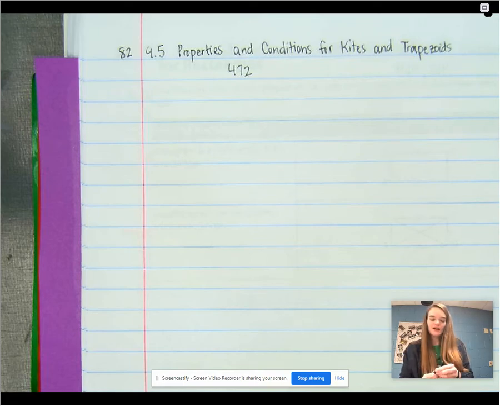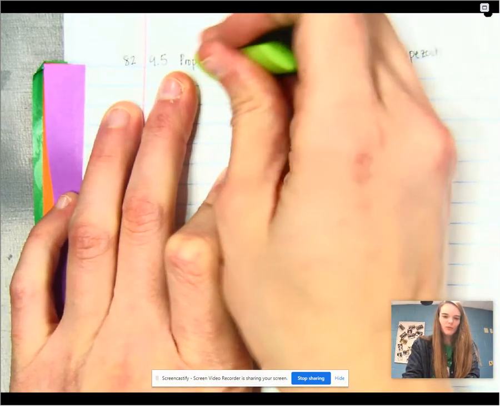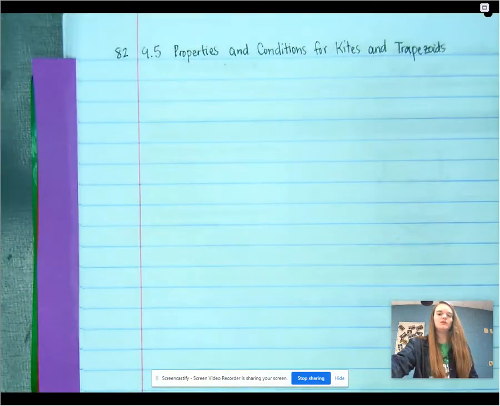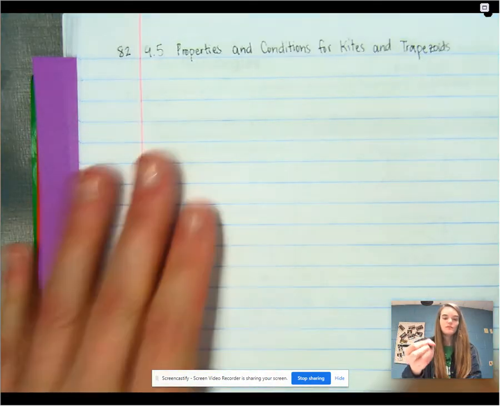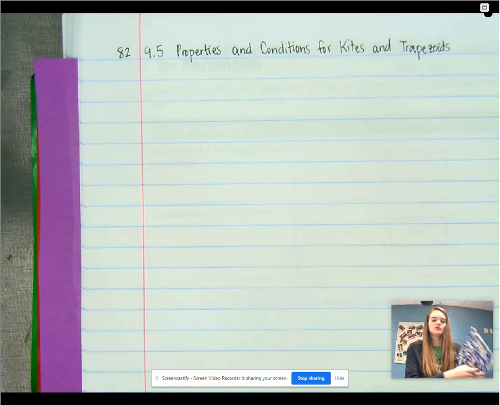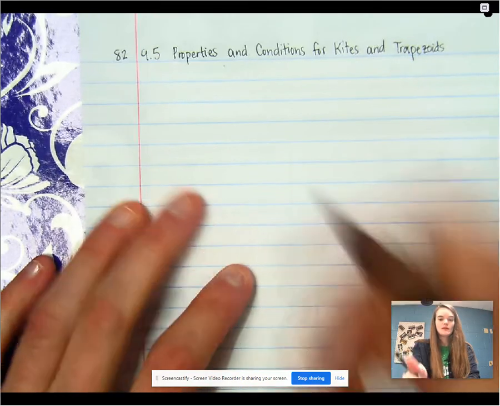Okay, so we're going to talk about a kite today. We're going to talk about trapezoid tomorrow. We'll do a summation of all of them at the end of the next lesson as well. Alright, so a kite. Grab my thing so I can actually write on this piece of paper. A kite